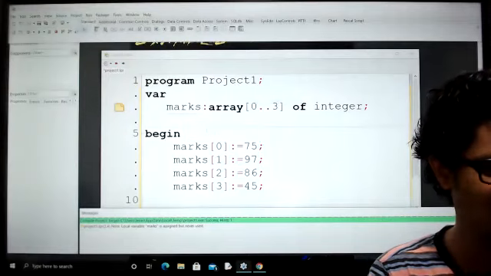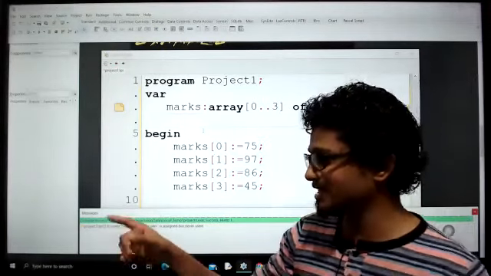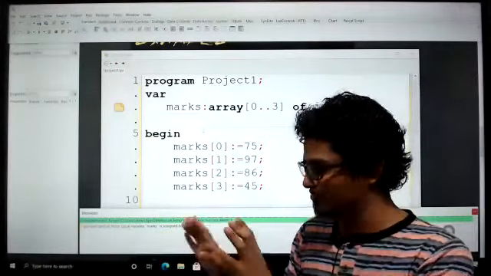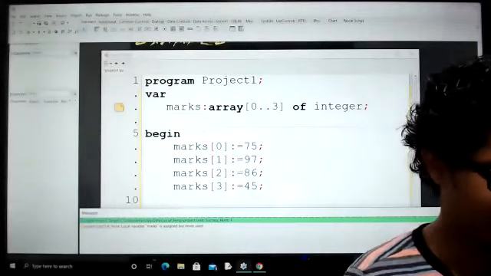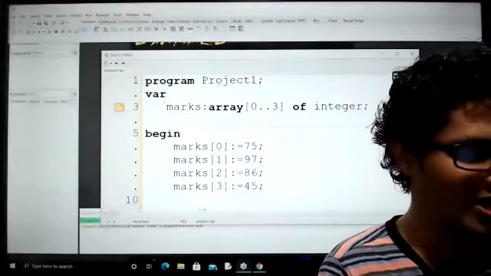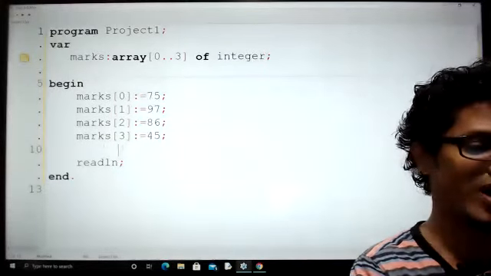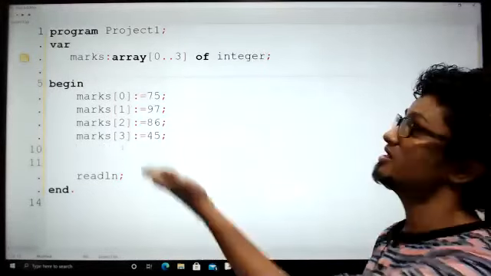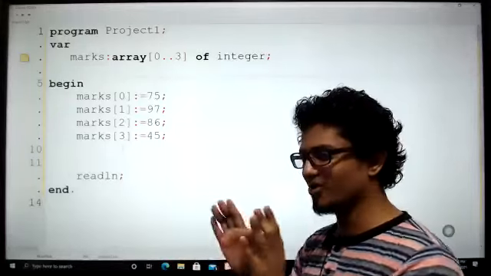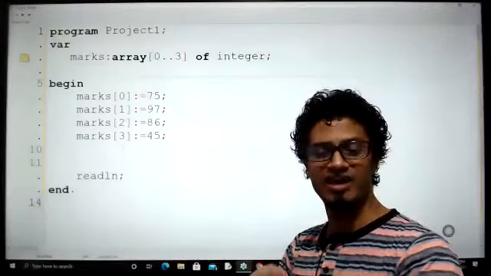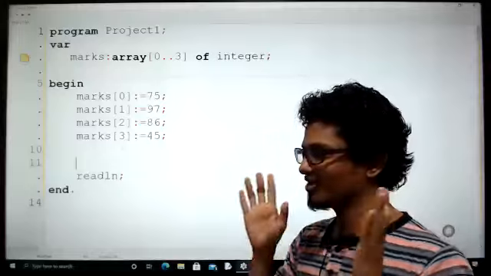That's a good question. While it is running, how can we enter the values? We are going to do it. Wait. All your questions will be answered. Don't worry. Some of them are asking, if we are going to have 100 elements, do we have to type all 100 of them? No, wait. We are going to use a loop and we are going to make it super perfect. Wait for it, will you?